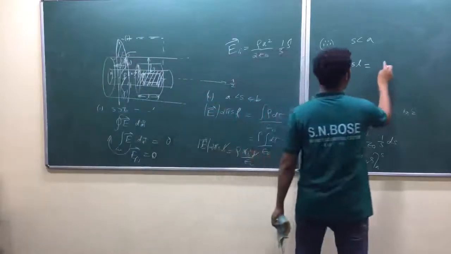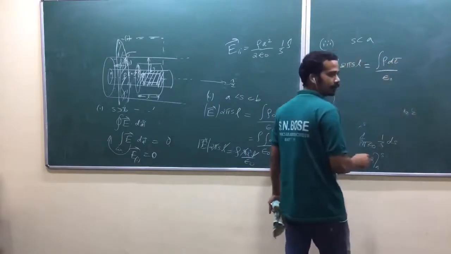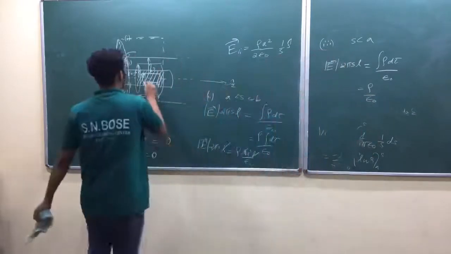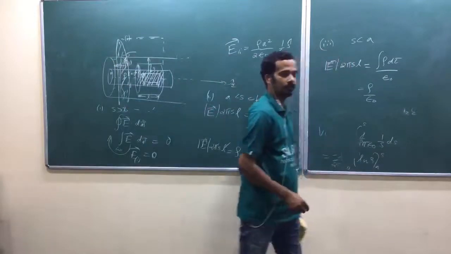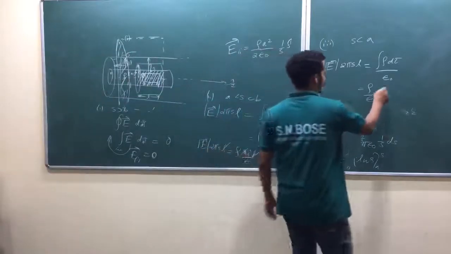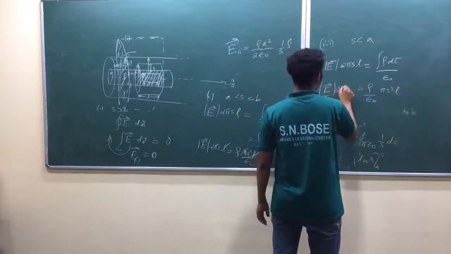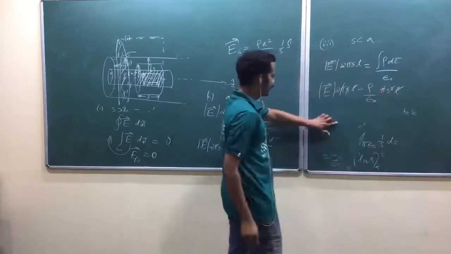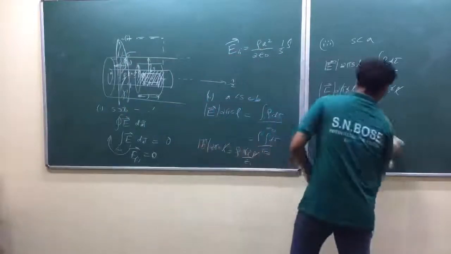Okay, now look at here. While finding this one, you have to take care, rho d tau by epsilon naught. Obviously, rho is outside. Now, what is the volume? Pi S square into L. Why? You have to take volume within that region, isn't it? Pi S square into L. That is the difference. Look at here. Obviously, you will get different functionality. 2 pi S L. L got cancelled. So, pi got cancelled. So, S will come to the numerator. Am I right? S will come to the numerator.